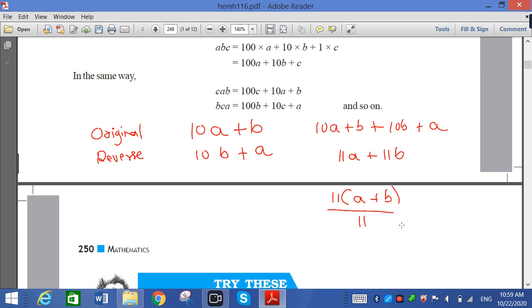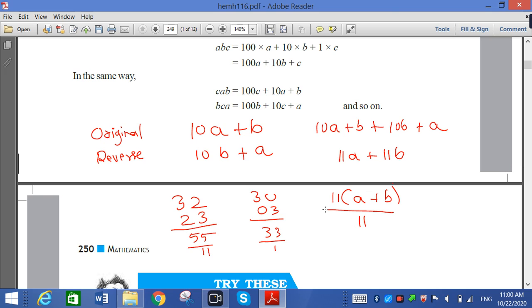Take any 2-digit number, reverse it and add, it is always divisible by 11. That is why I am taking any number. You can take 25 or you can take 30, or 32. If I reverse it, it is 23, so 55, that is divisible by 11. If someone says reverse 30, so 03, then the sum is 33, again divisible by 11. So when there is a 2-digit number, if we add the original number and the reverse number, it is always divisible by 11.